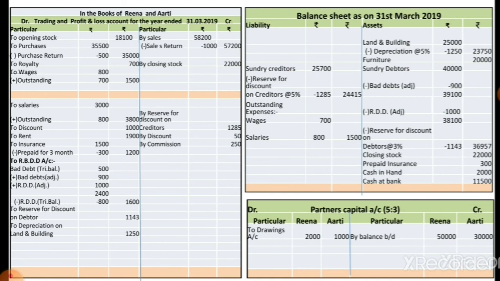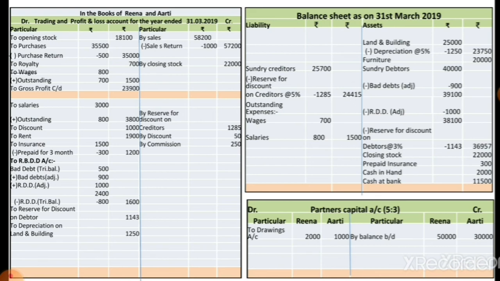Students, we already discussed that it is just information. When we find out the net result or the net profit, at that time we share that profit or the loss, whatever may be there, and we distribute that in our capital ratio. The capital ratio we already found, that is 5:3. So in that ratio we distribute the profit or the loss of the firm. Okay, so now all the adjustments are completed. Now we close all the accounts one by one.